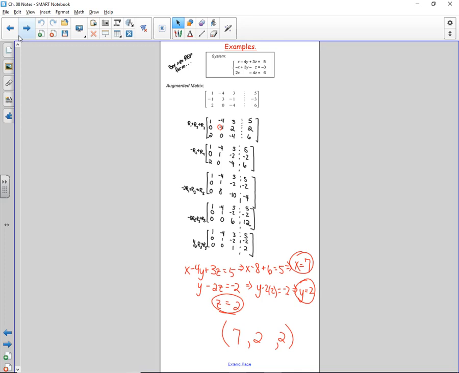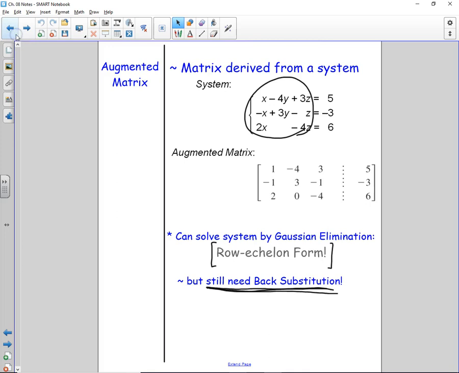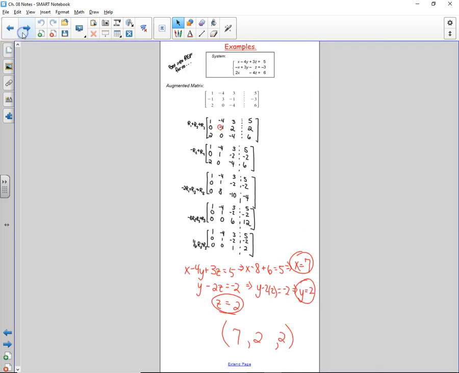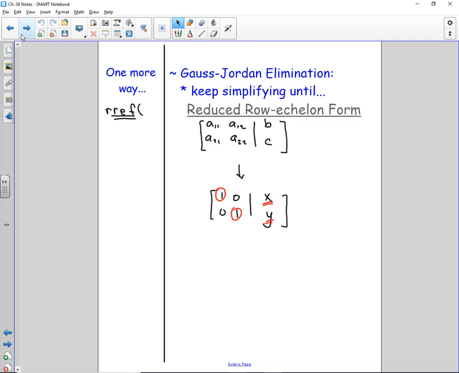Then it goes ahead and uses the solution of the second set of equations that are solved for y and z to be the second one. And then last but not least, it puts the z as the third one. But either way, we both ended up with the same answer. Woo! But there's a better way. Maybe not a better way. There is a further way of continuing to simplify until not just getting the leading coefficients of 1s, but also getting the rest to be zeros